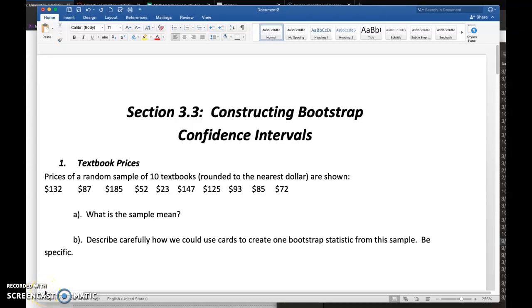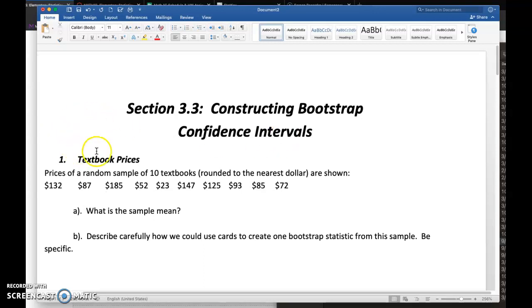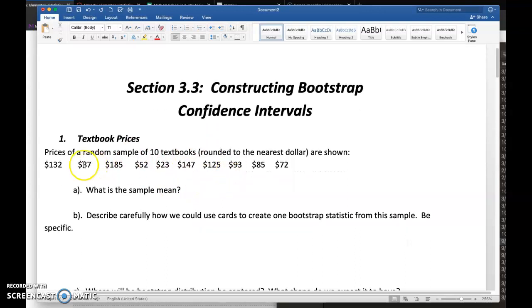All right, in this video, I want to go over a worksheet from section 3.3, constructing bootstrap confidence intervals. Here we're given a random sample of 10 textbooks, rounded to the nearest dollar, at their sale prices. Maybe you're thinking these are too low for some of your textbooks, but we also have that variability when we do random samples. So I want to go through this and first figure out, well, what is the sample mean